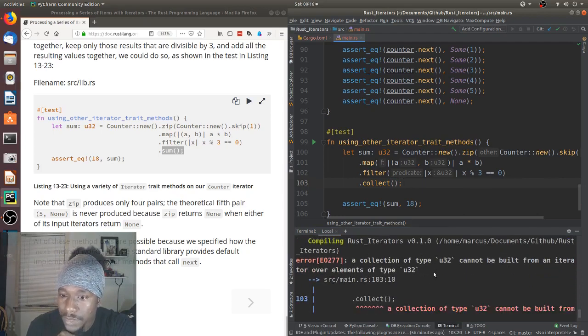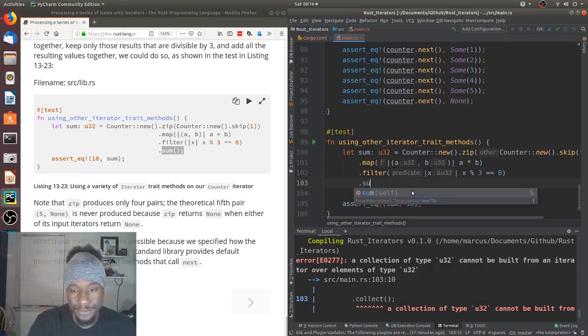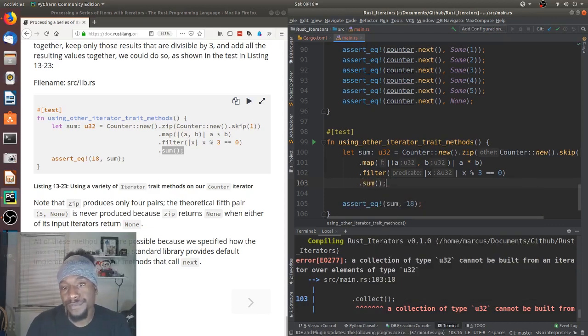A collection of type U32 cannot be built from an iterator over elements of type U32. That sounds confusing. I'm going to have to take the word for it. But we know it's 18. This worked as they expected it to. This is kind of gibberish to me. I'm kind of tired going through the mental flow, figuring out the exact numbers. Meh. Anyway,